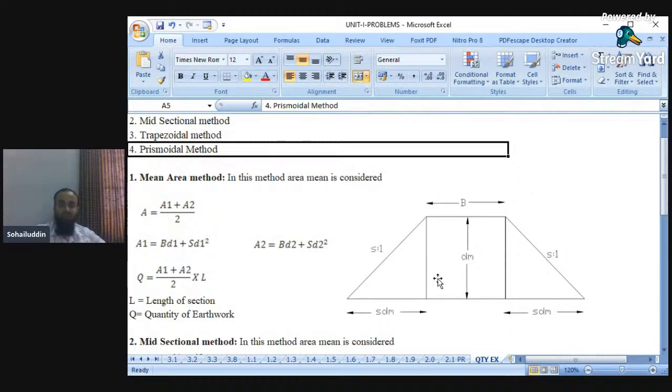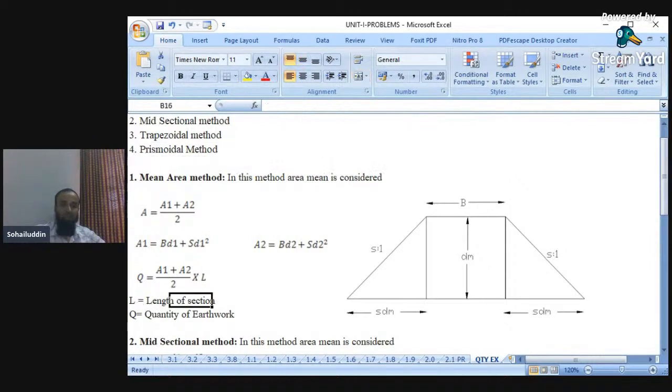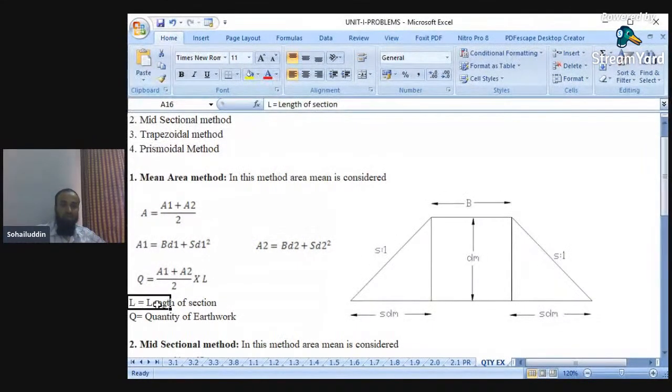In kilometers or meters, we have the third dimension, the length of the road. So the third is the length of the section, or length of road. Area multiplied by length of road is the quantity or volume of the earthwork in excavation,